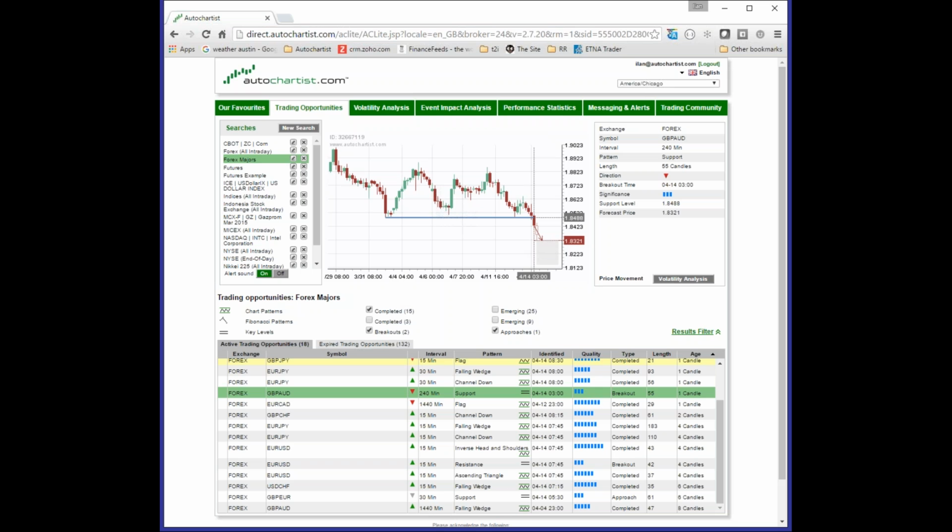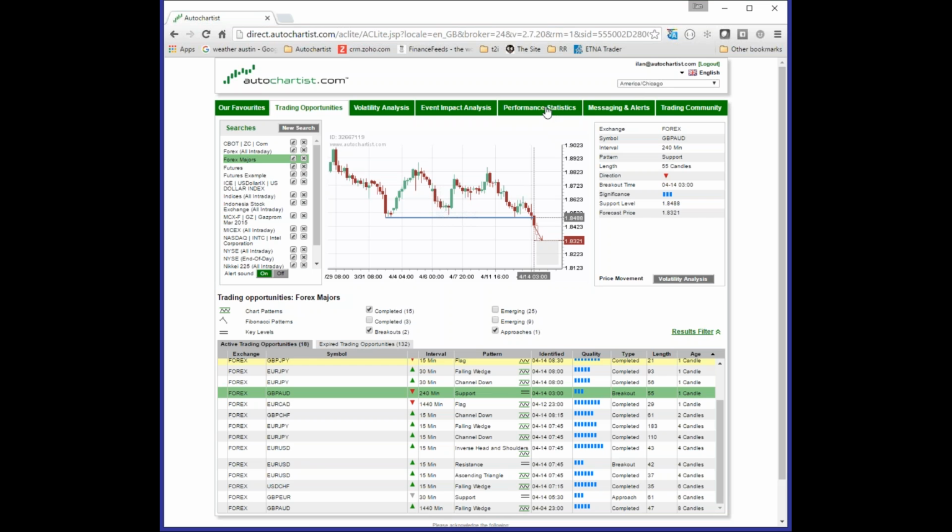These three types of patterns, let me highlight them for you again. The completed chart patterns, breakout key levels, and approaching key levels, we provide a target region. Okay, and so for those patterns, we can actually measure the quality of our forecasts. So now let's look at the actual